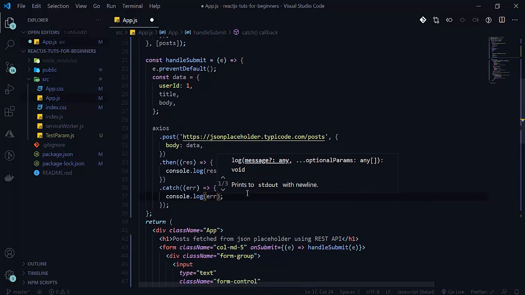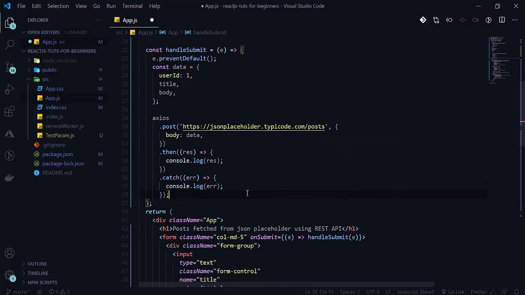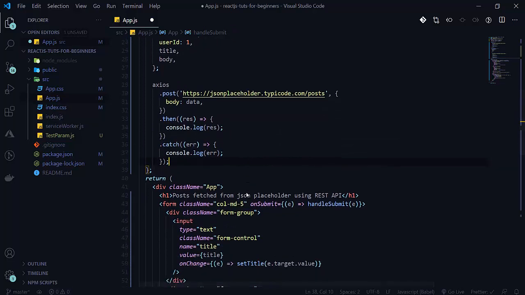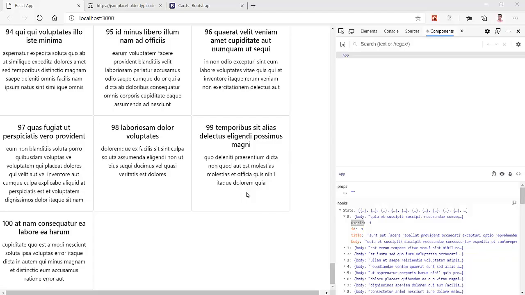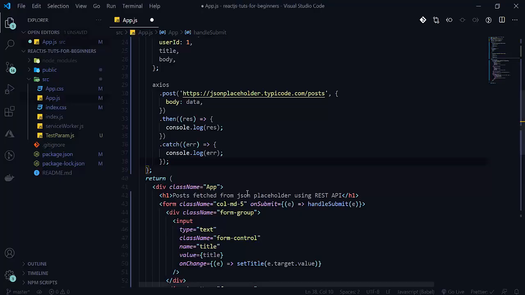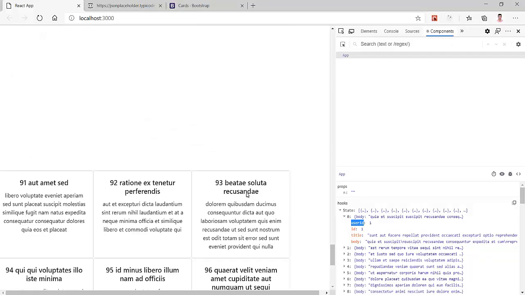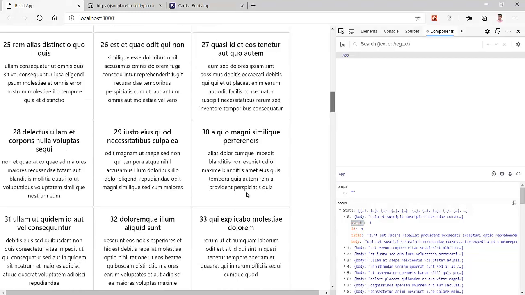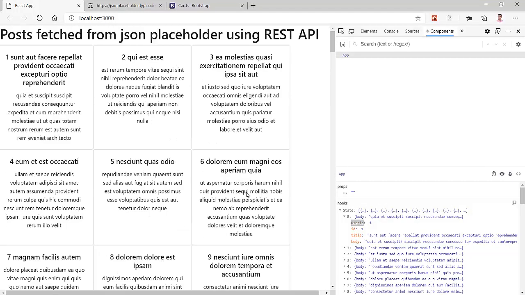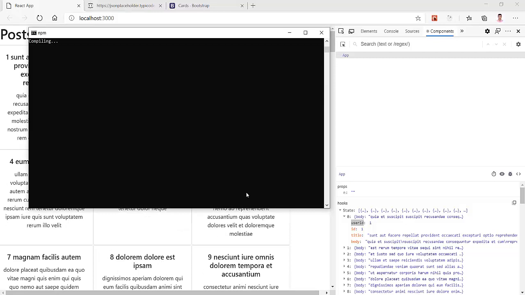So this is our error now. Let's see. I think it is not saved, so let's save it. It is saved successfully. Now it will refresh. I think it is compiling now. It is compiling, so let's wait for the compilation.